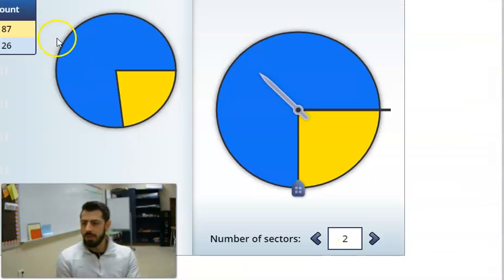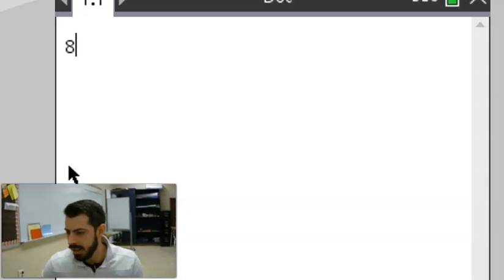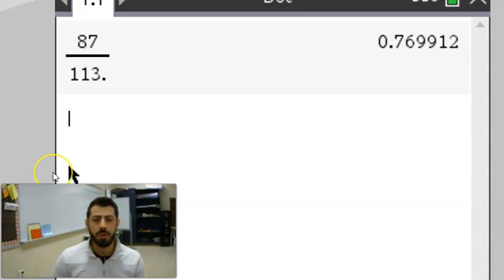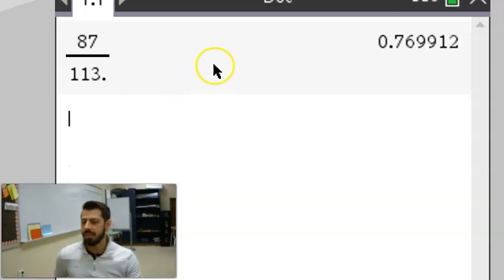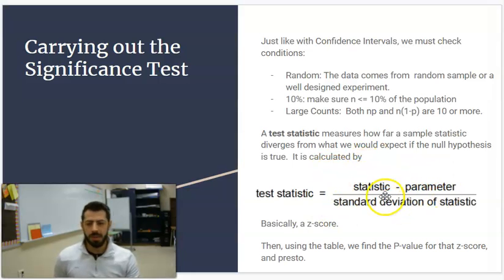So in our example, he made 87 out of 113 attempts. So 87 out of 113. So he made 76.9%, or we'll give him the benefit of the doubt, 77% of his free throws, out of 113 attempts. So if we're using this formula, we have 0.77 as our statistic, 0.8 as our parameter,